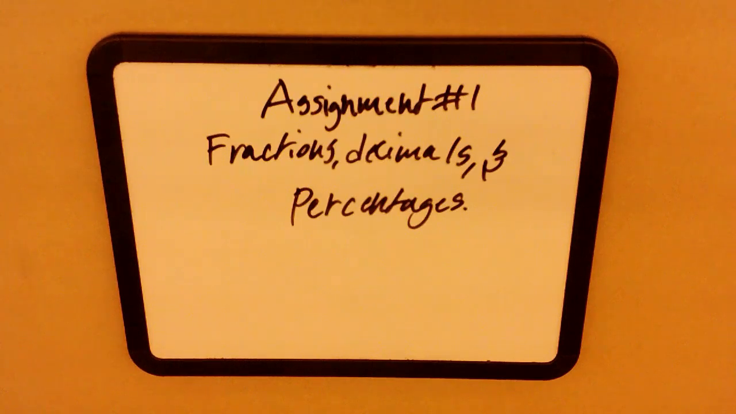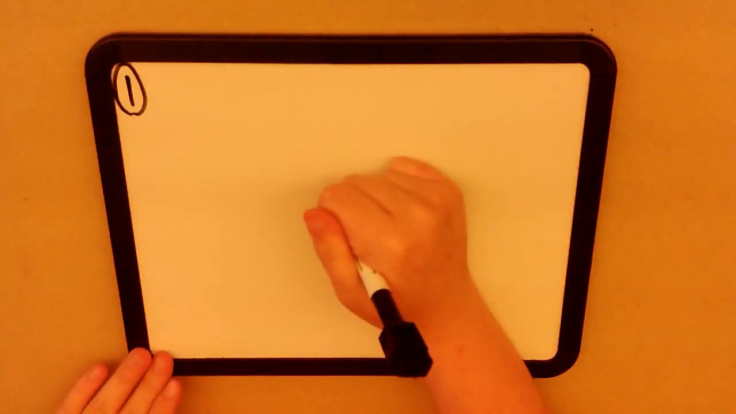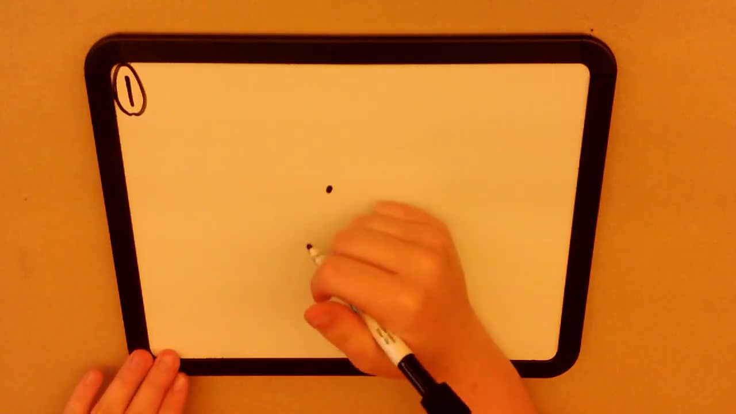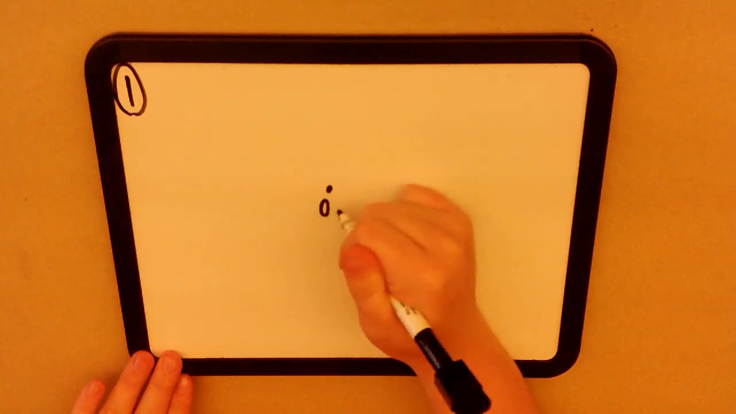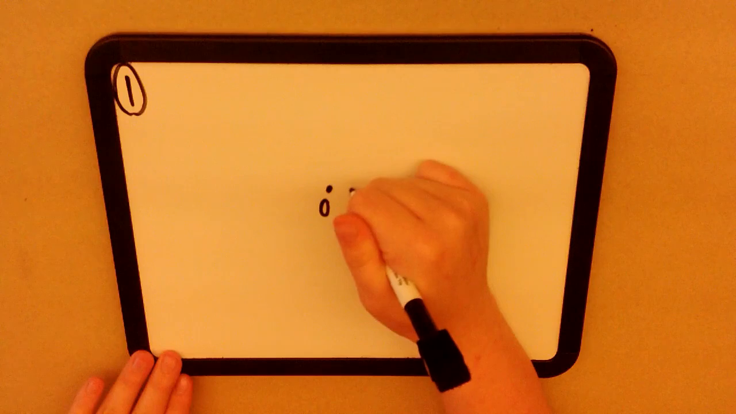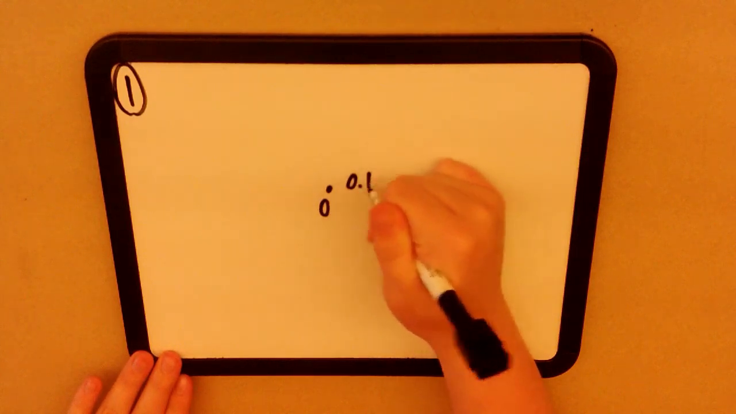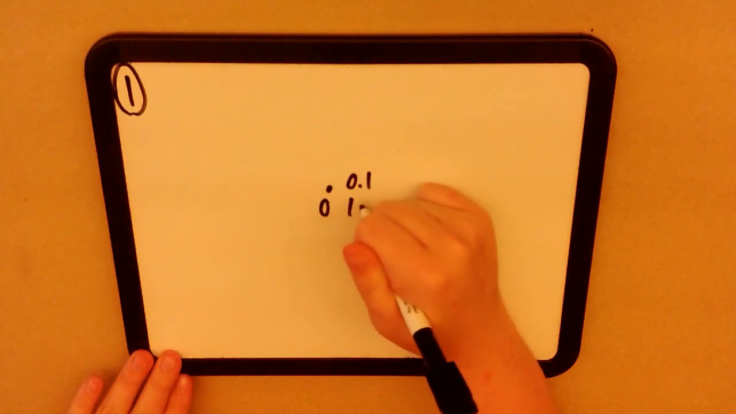Alrighty, welcome to assignment number 1, talking about fractions, decimals, and percentages. We're going to start out with question number 1. Explain the decimal place scale, which is we're going to start out at 0, and then we're going to look